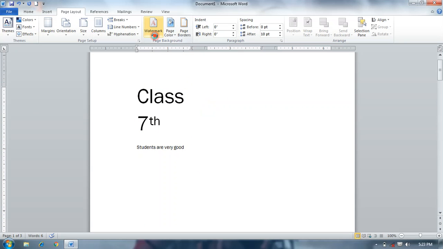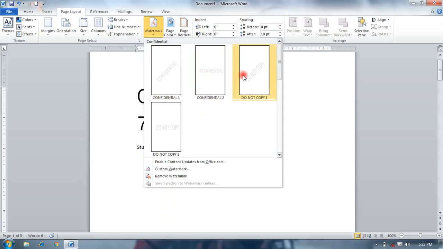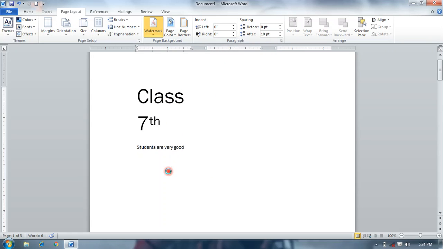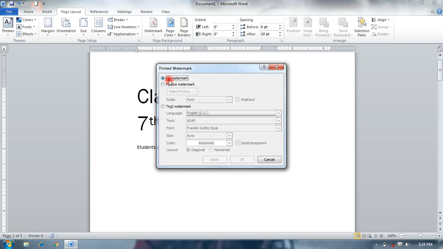Watermark, it displays a picture or text in a faded manner in your current document. You can select from here, or you can customize your watermark from here. And no watermark means there is no watermark available.